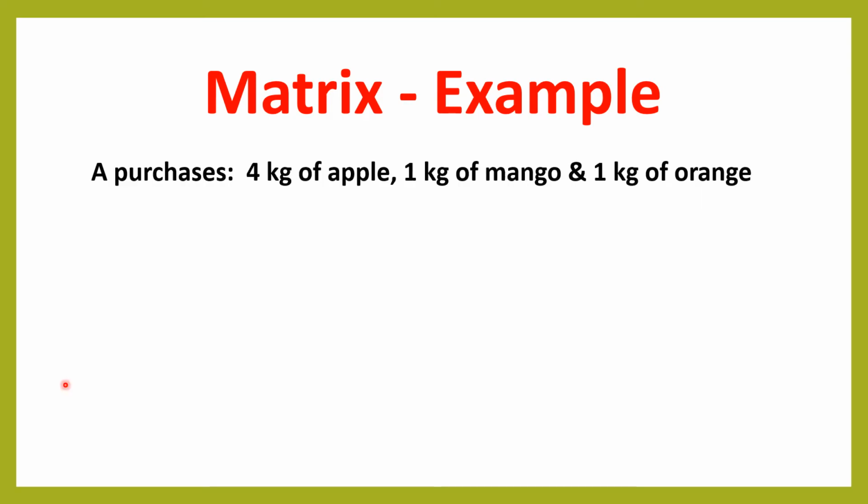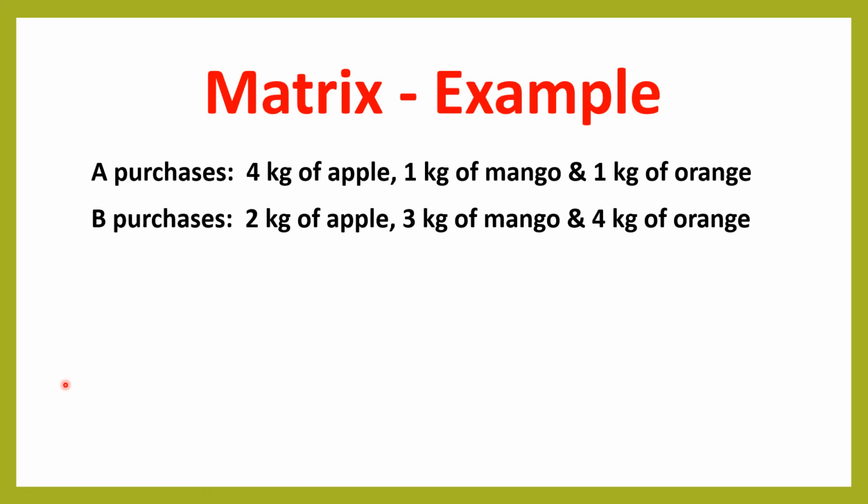A purchases 4 kilograms of apple, 1 kilogram of mango, and 1 kilogram of orange. Similarly, B purchases 2 kilograms of apple, 3 kilograms of mango, and 4 kilograms of orange. This can be presented in the form of a matrix. For presenting in the form of a matrix, we write these numbers in that order and put it in square